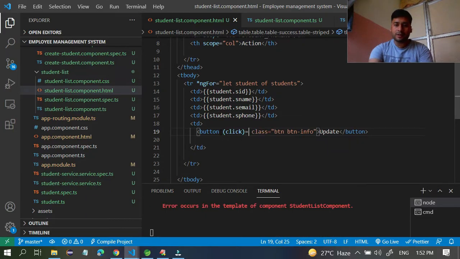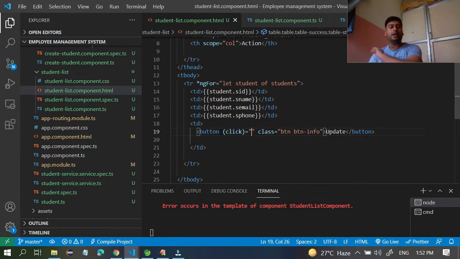Click equal to, in double quotes, whatever you write will do the work for you. Here you have to give the method name, and the method will be called based on this component's ts file.